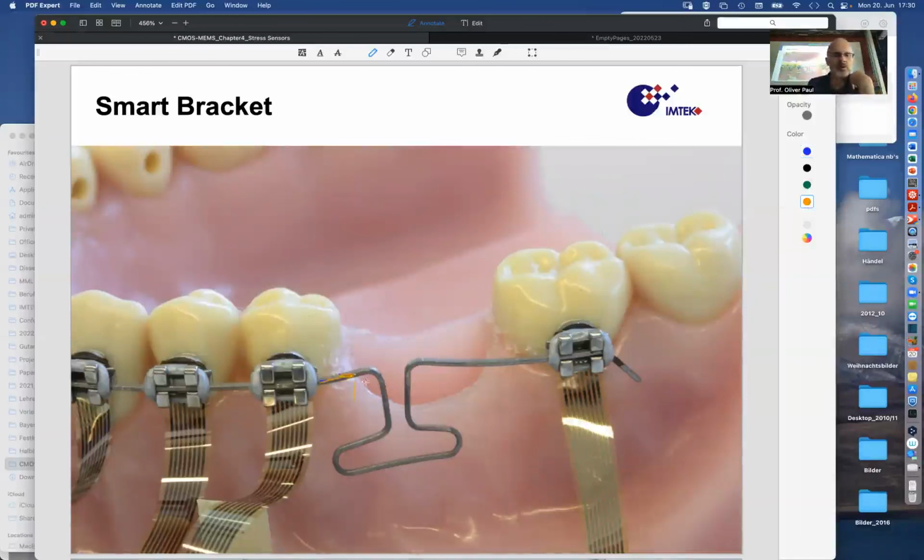Exerts a force in this direction, but it may also exert a moment around a perpendicular axis, and actually it will also exert a force component in this direction. So we may have Fx, we may have Fy, we may have Fz, but we also have Mx, My, and Mz being all applied simultaneously to that tooth. And it's this combination of forces and moments, torque components, exerted on the tooth that make the tooth shift